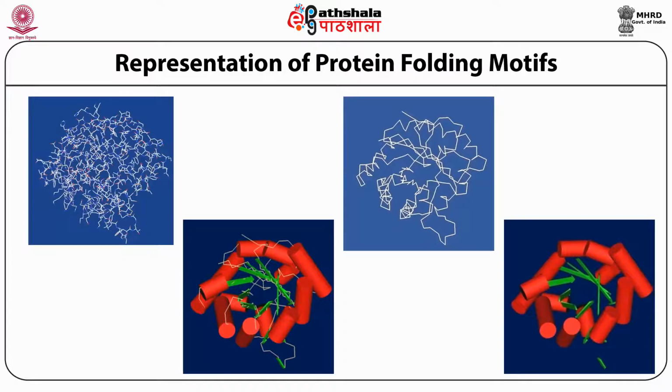As you see very well, the picture on the top depicts only the line representation of the macromolecule. On the left-hand side is all the atoms, and on the right-hand side on the top, the white color shows only the main chain. However, if we extract from the main chain only the helices and beta structures, you get the bottom right-corner picture, which is a folding motif of one of the very good elementary structures of a protein.